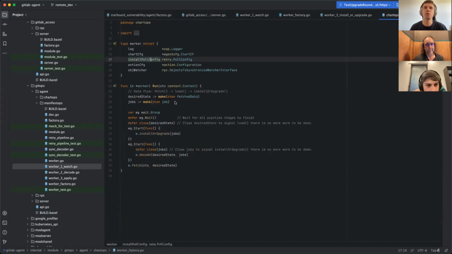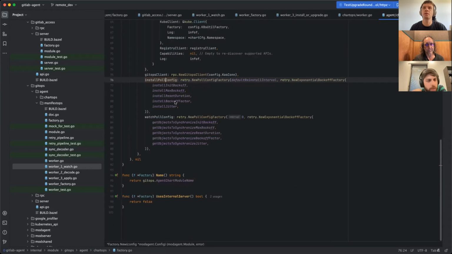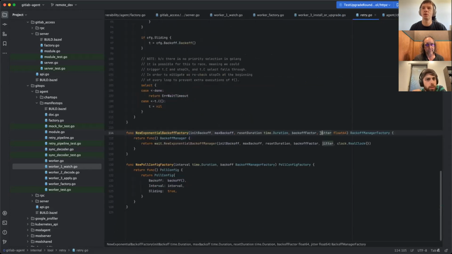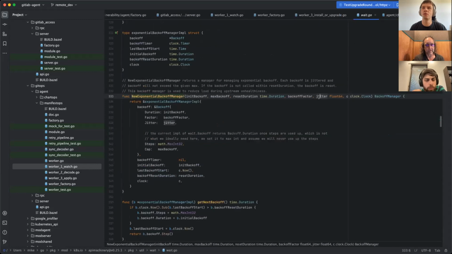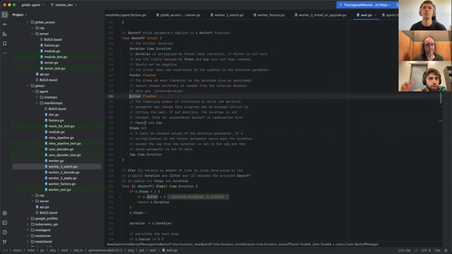Okay, I need to look at the factory. The thing is, if we're polling every second or every 10 seconds or whatever, the scale is very different than 5 minutes. So I don't know how much the jitter would help, or if there is at any point a conflict where the jitter, depending on the value for it, is a